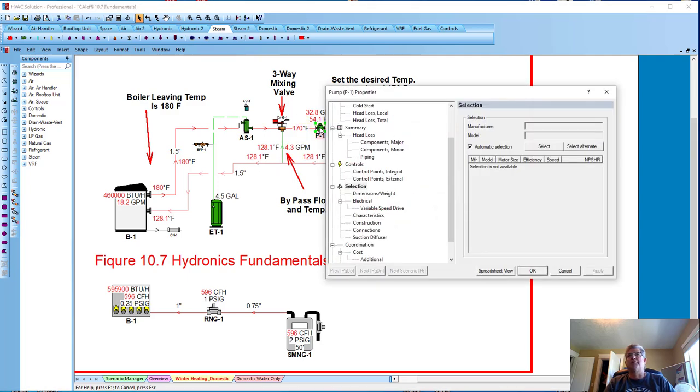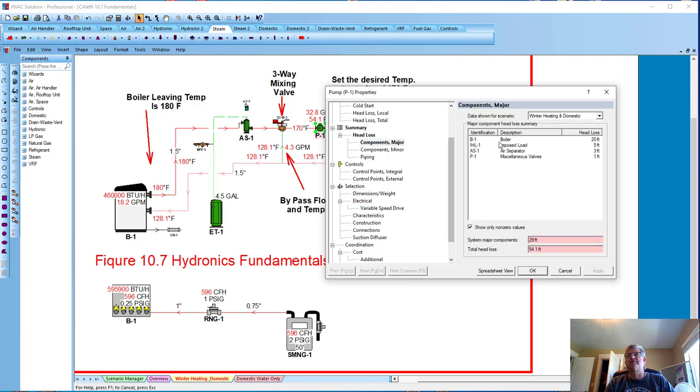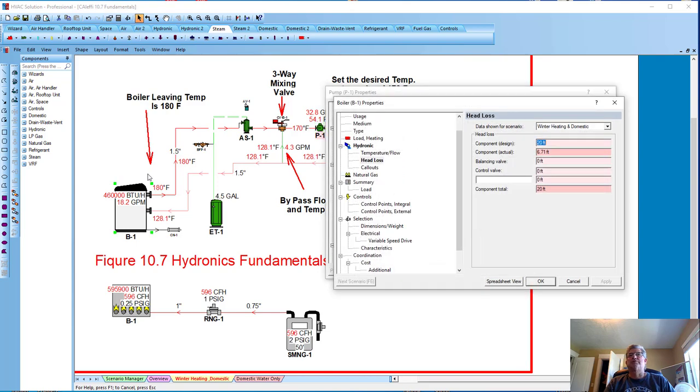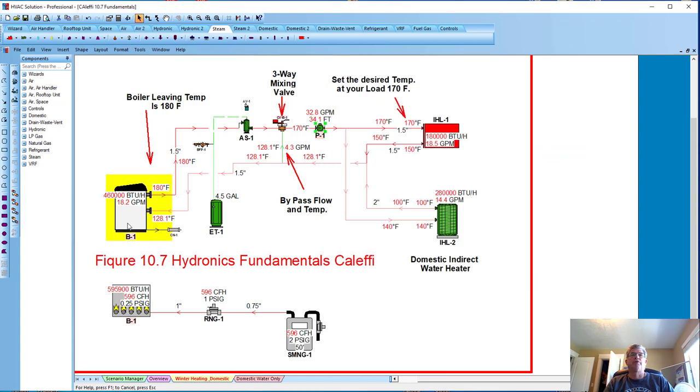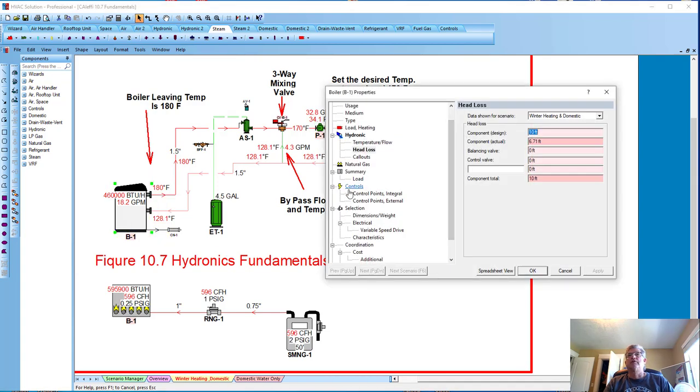Once again, you can click on a pump and look at the summary of the head: major things in the system, minor things in the system, and then the piping lengths that are put in. So back to that major thing, once I did a selection on my boiler, the selection I want to show you is actually 6.1. So I don't want 20 feet sized on that, because that Camus product, when I made a selection, was 6.1. If we go in and look at that closer on that boiler,